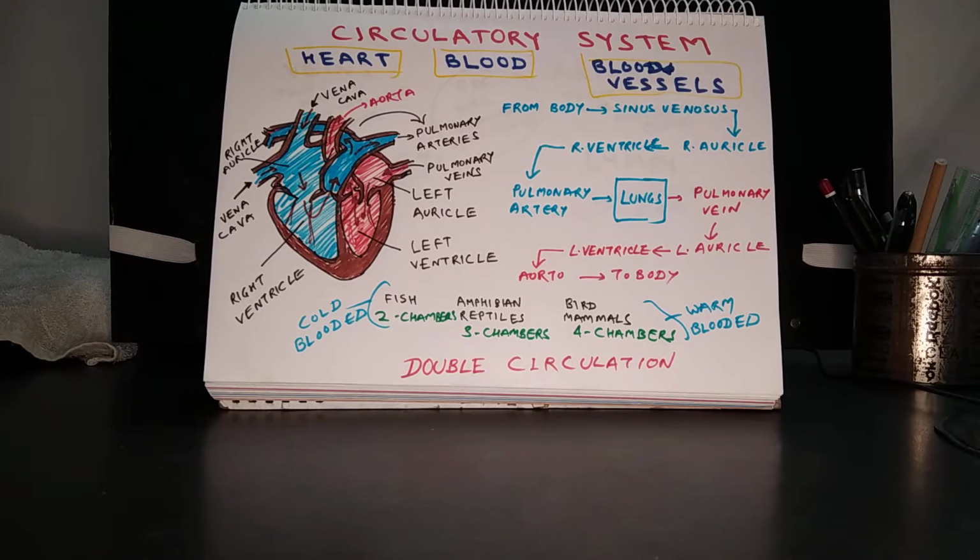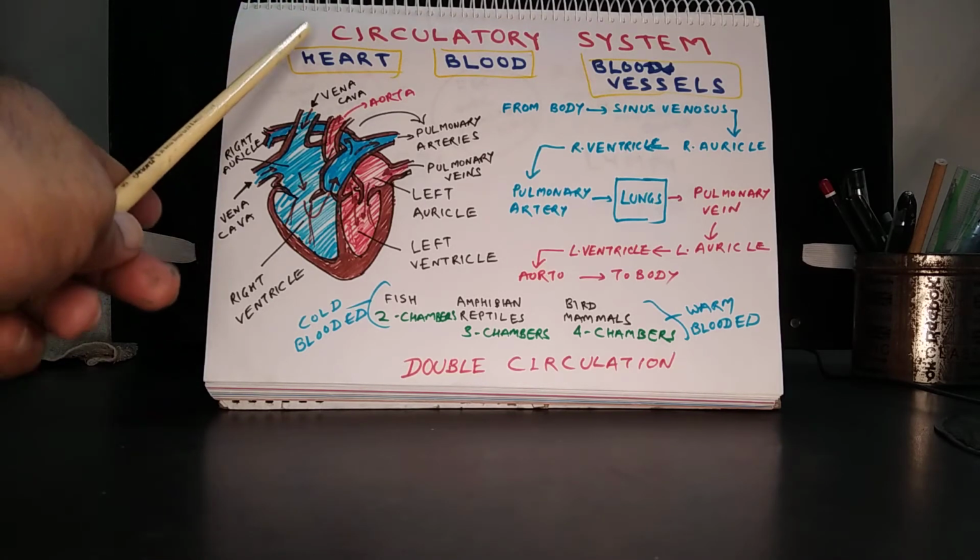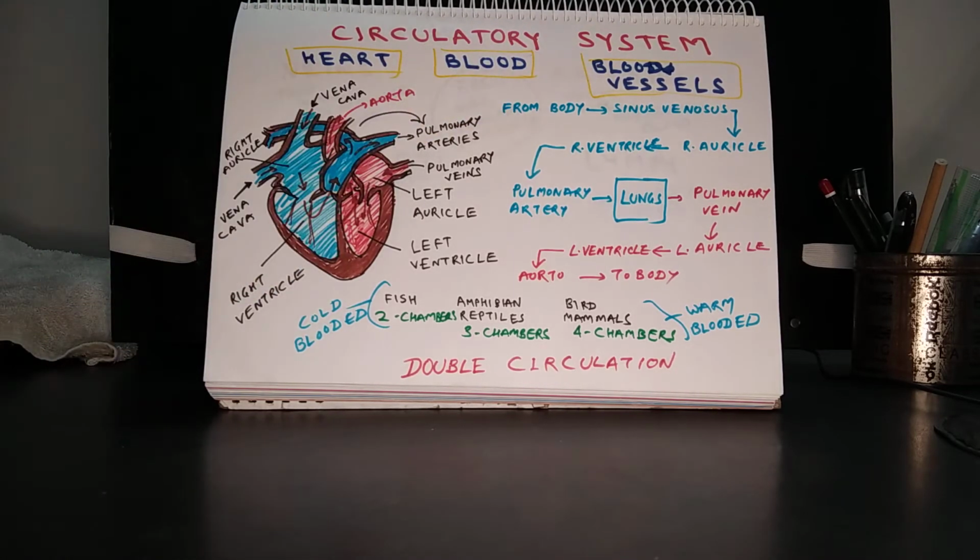In human beings, the circulatory system is composed of the heart, the blood and blood vessels. Blood works like a vehicle on which different materials get transported. Blood vessels are the pipelines for transportation, and the heart is a pumping organ. It pumps blood from one part to another part of the body.